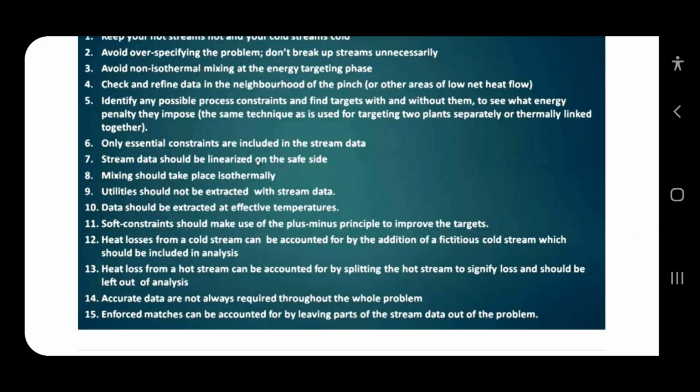Heat losses from a cold stream can be accounted for by the addition of a fictitious cold stream, which should be included in analysis. Heat loss from a hot stream can be accounted for by splitting the hot stream to signify the loss, and should be left